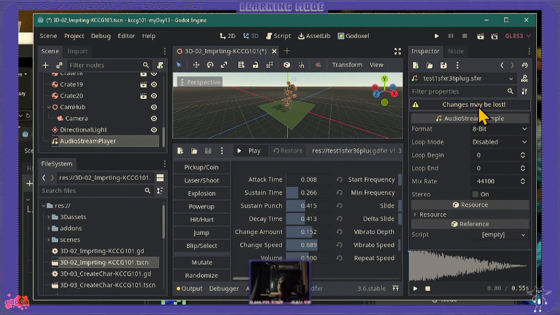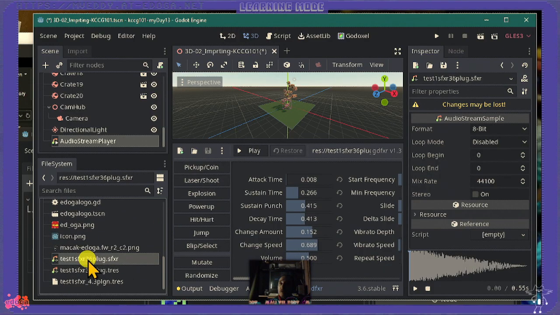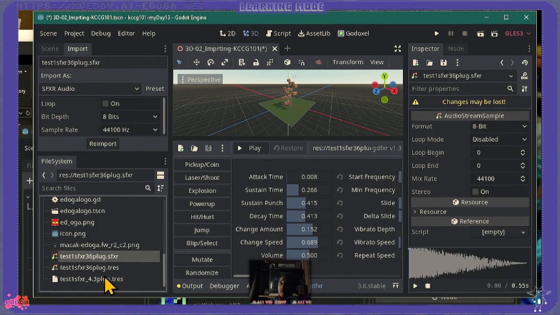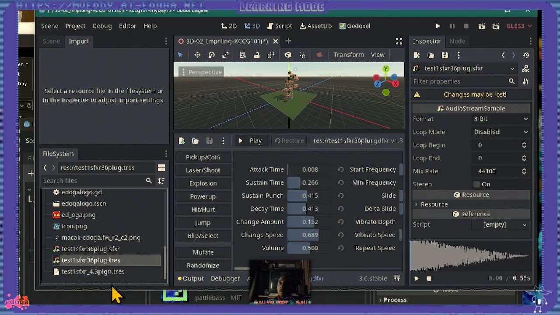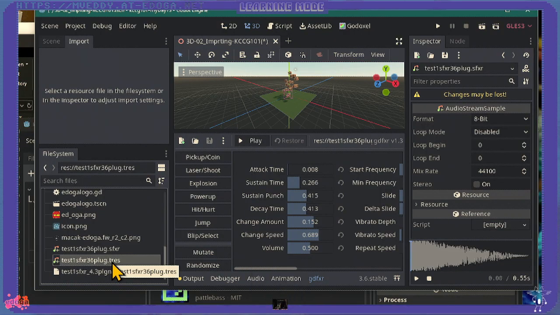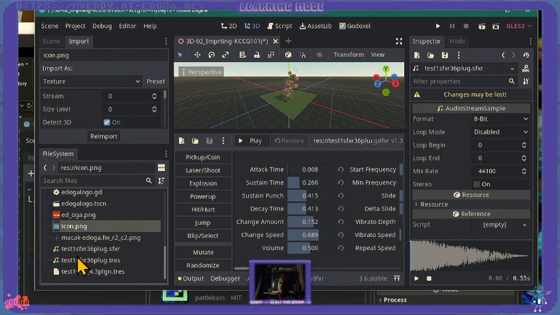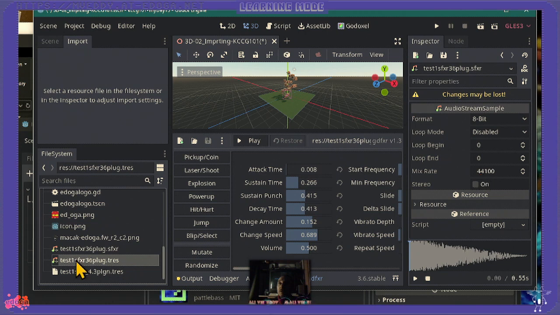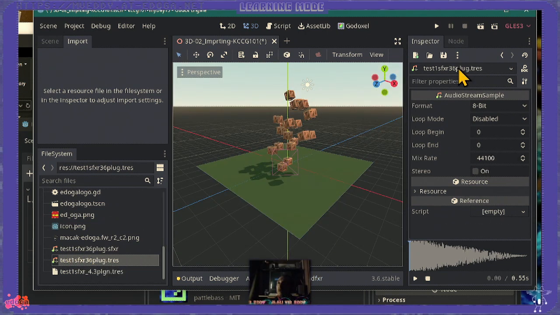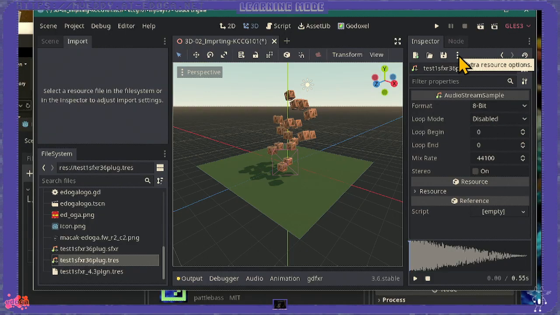So if I would select here SFXR and do the import, for example, TRS, select a resource file, import settings, icon. Well, I guess the resource files go directly to the inspector panel because they're already imported. Anyway,